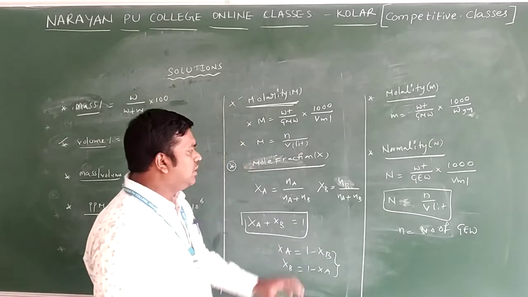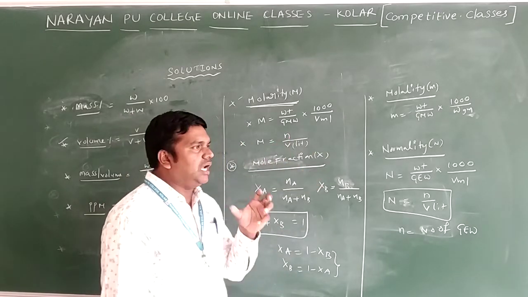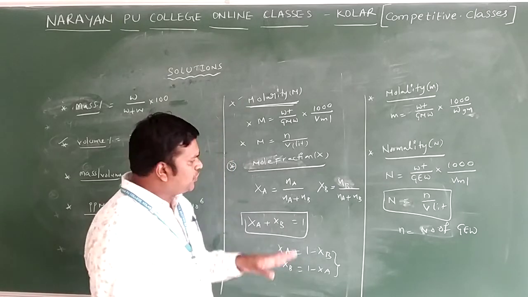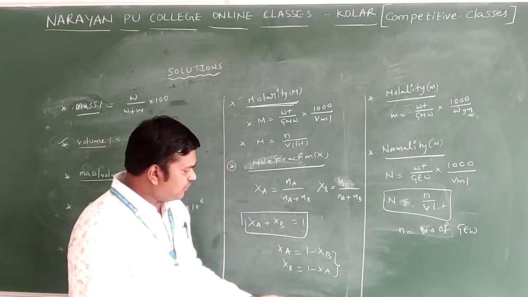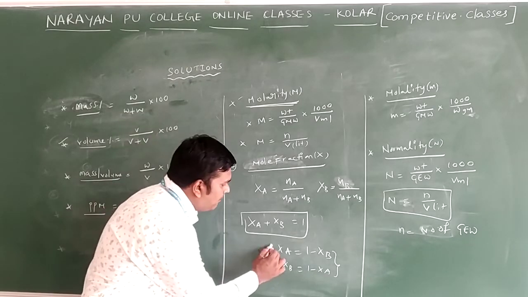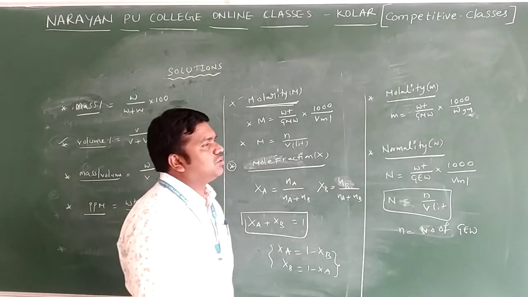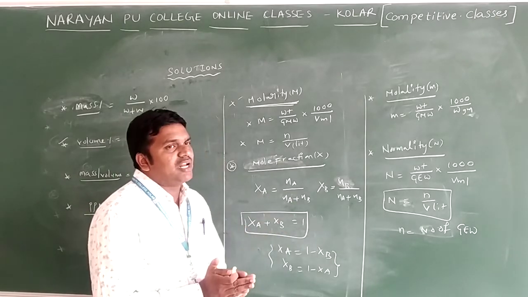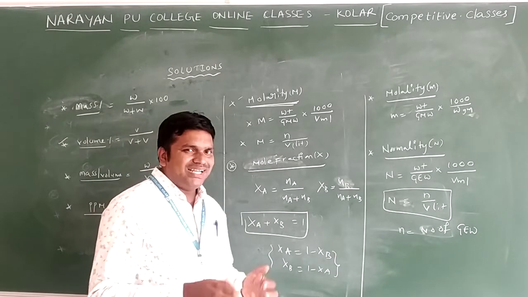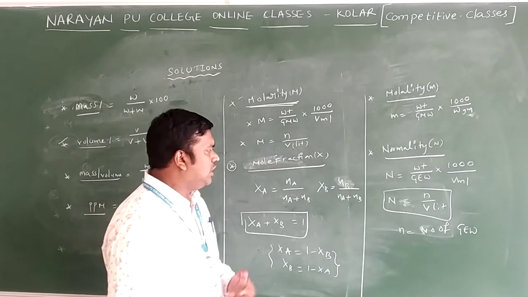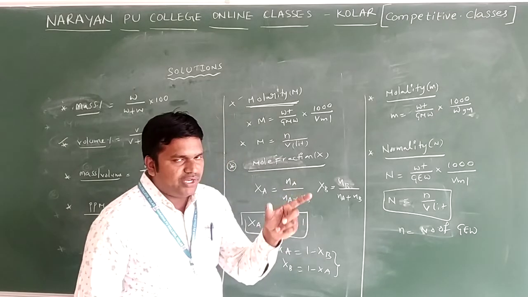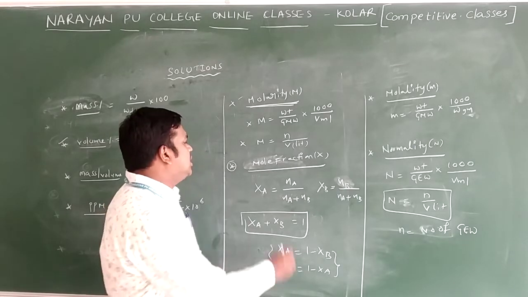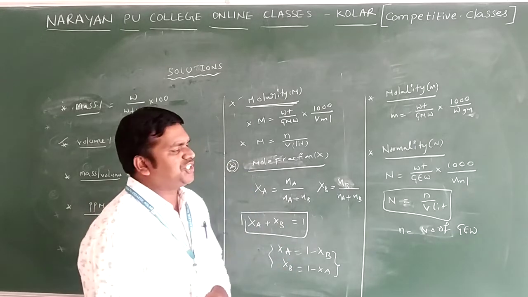In objective exams, they give the weight of the solute and solvent, and we have to find out the mole fraction of the solute or solvent. If you know the solute mole fraction, you can easily find out the solvent mole fraction by using these two formulas only. But basically we have to identify the number of moles. If number of moles is given, no problem. If it is not given, what formula can we use? Number of moles n is equal to weight by gram molecular weight. We can use that formula and do the calculations related to mole fraction.